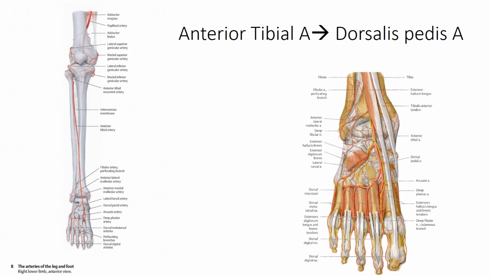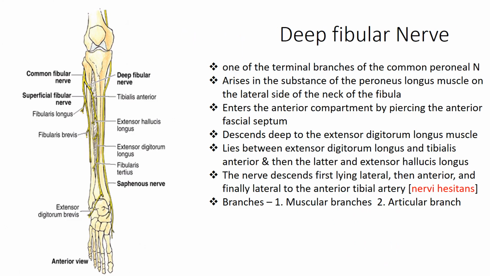Now this anterior tibial artery, as it descends between these two malleoli, midway between them, changes its name to dorsalis pedis artery. So as it crosses just anterior to the ankle joint, it is now known as the dorsalis pedis artery. And here the malleolar branches are shown: this is the lateral malleolar branch and this is the medial malleolar.